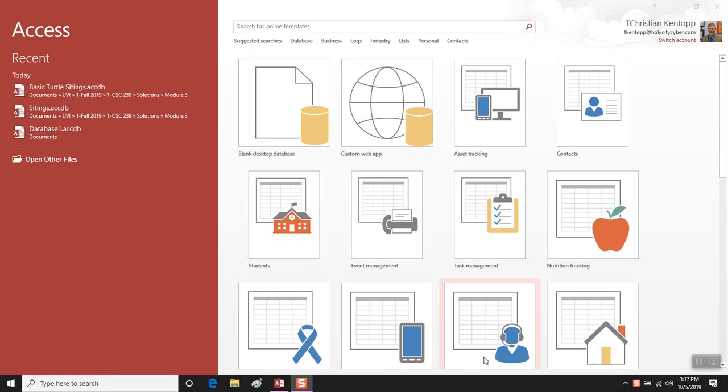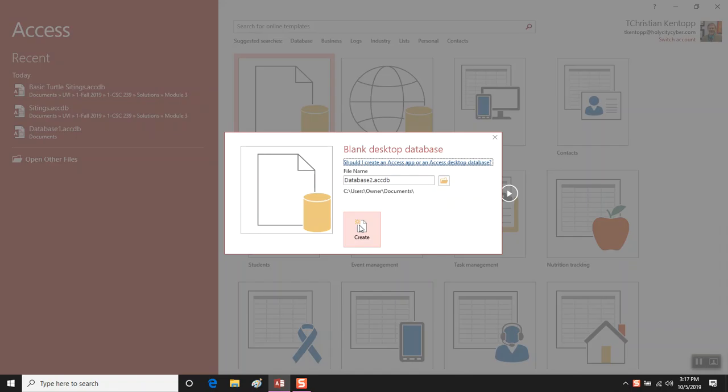Good day, everyone. Today we're going to create a quick relational database in a relational database management system, an RDBMS, better known as Microsoft Access. You'll need to get to a place where you can access, no pun intended. You'll want to open up a blank database, and we're just going to create one,